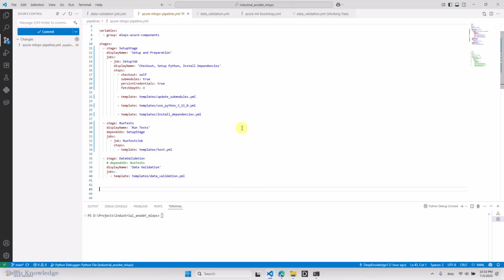So we are now in stage two. The first stage is setup, which is installing Python, updating the submodule, and installing the dependencies. The next stage is running the test. We have already seen it last time. Now we need to